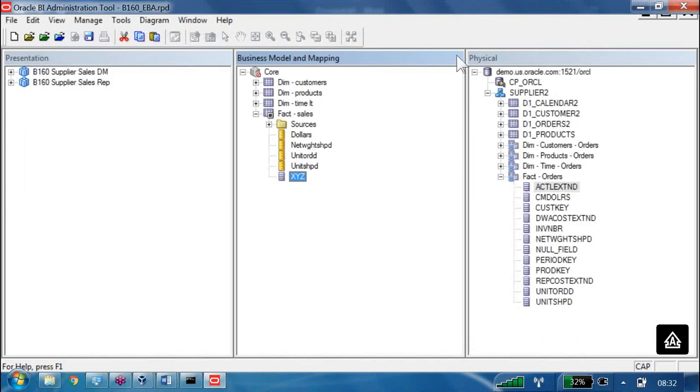So what I did is, I am going here and trying to map one column here. For example,